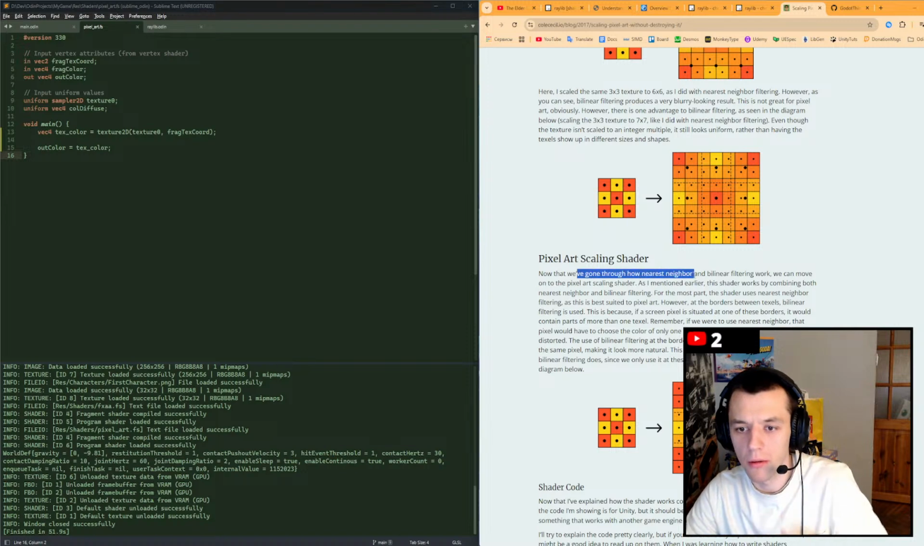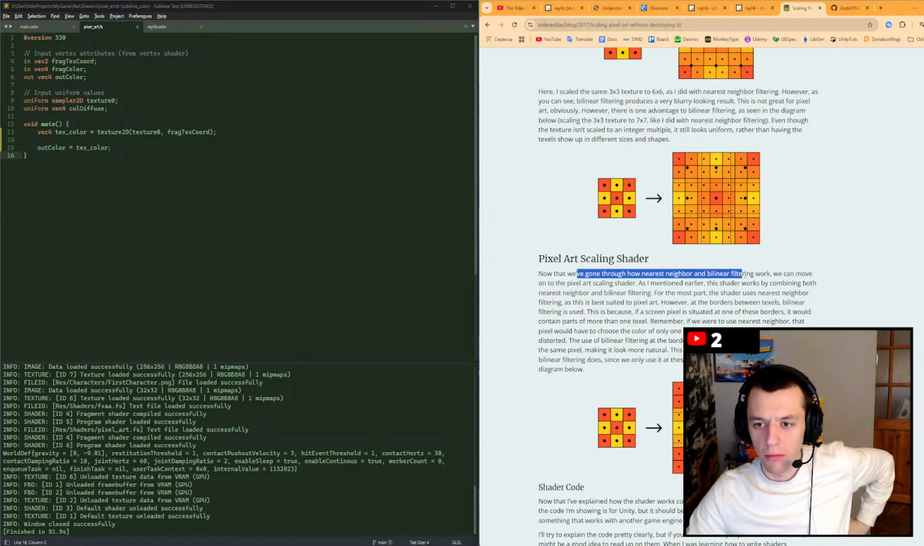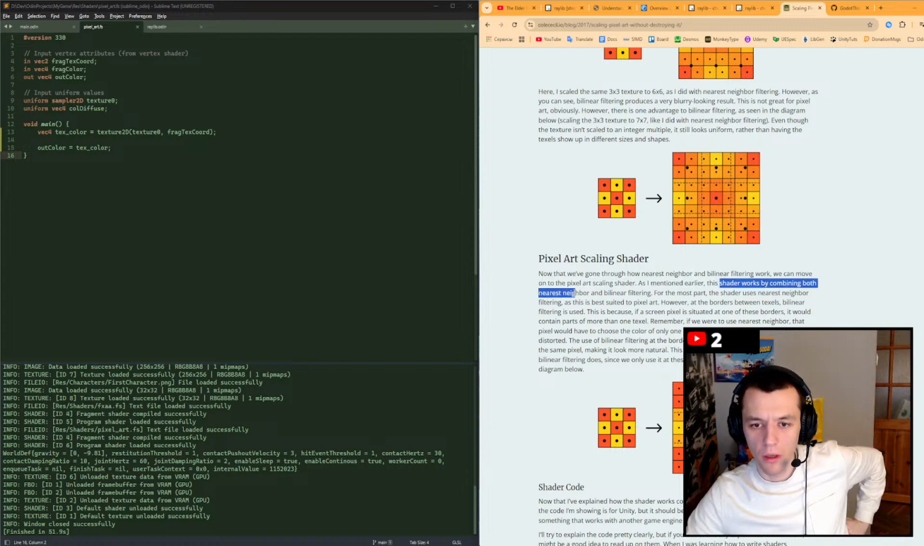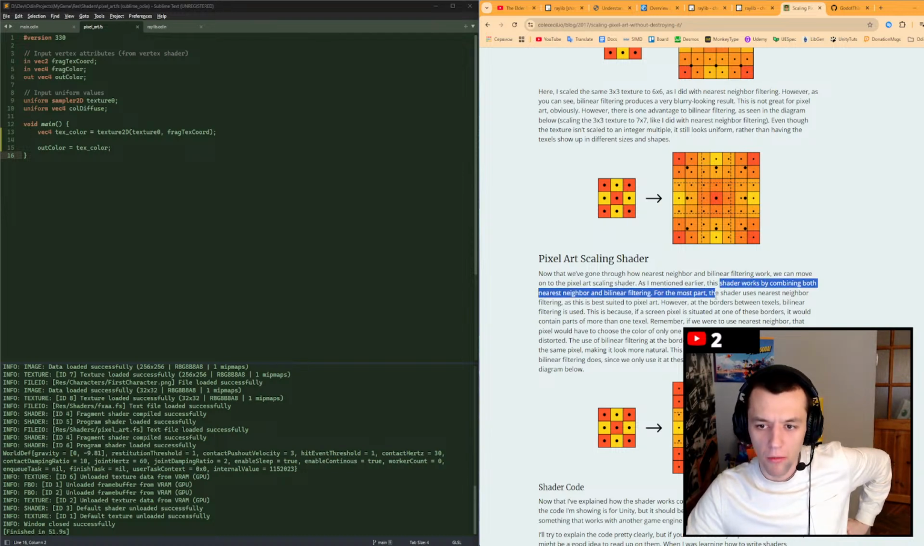Now that we have gone through how nearest neighbor and bilinear filtering work, we can move on to the pixel art scaling shader. As I mentioned earlier, this shader works by combining both nearest neighbor and bilinear filtering. For the most part, the shader uses nearest neighbor filtering, as this is the best suited for pixel art. However,